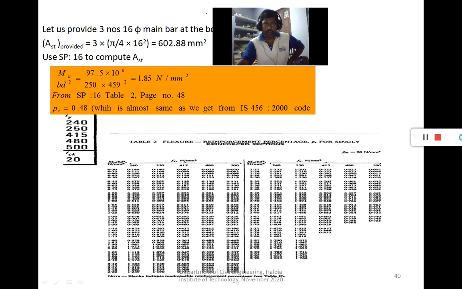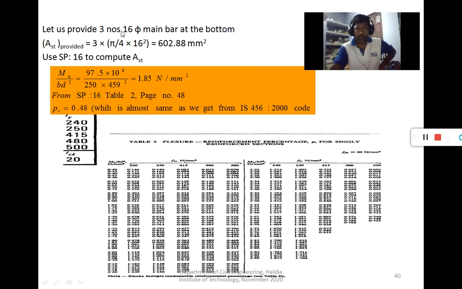So now let us provide the steel. As the number of bars required is 2.7, you cannot use 2.7, so you have to provide more. So that's why we provide 3 numbers of 16 mm main bars at the bottom, because the sagging bending moment took place.